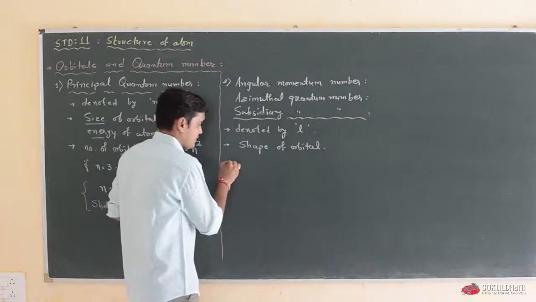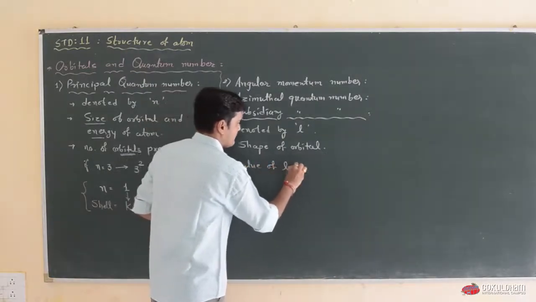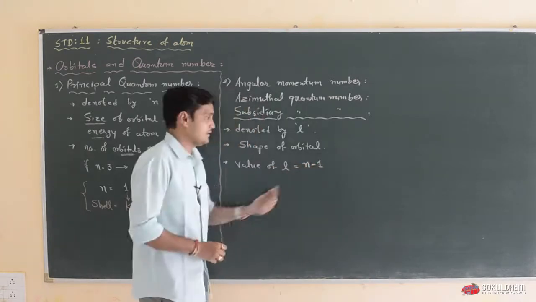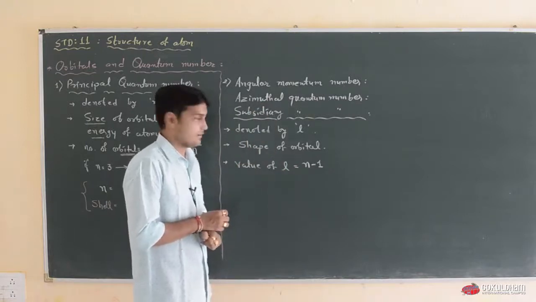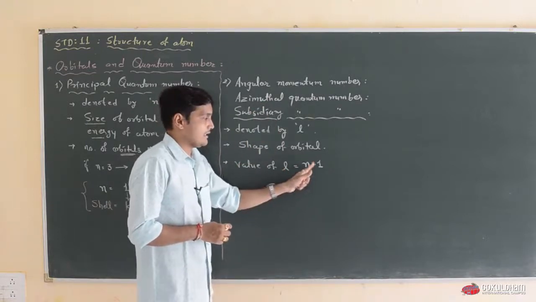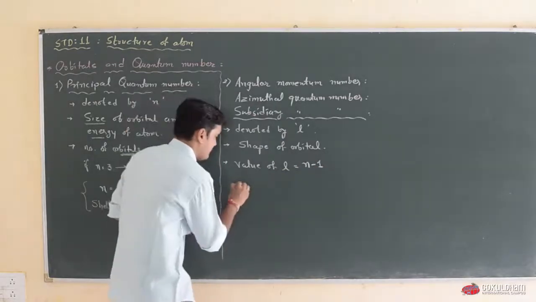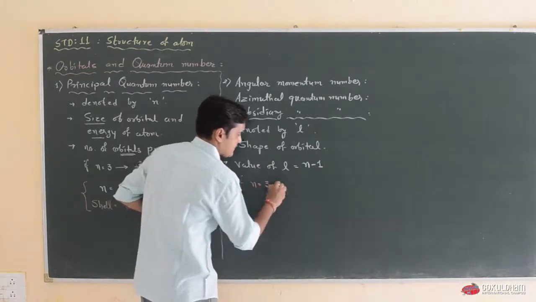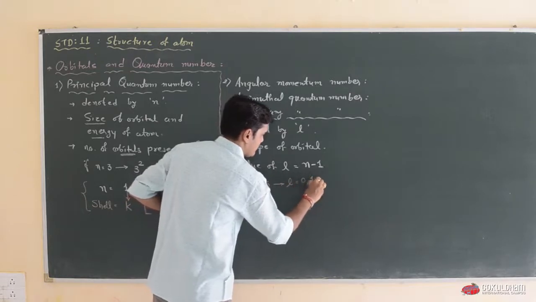Now, the value of L is equal to n minus 1. This is the equation for the azimuthal quantum number: L is equal to n minus 1. We can say that if n is equal to 3, then the value of L is equal to 0, 1,